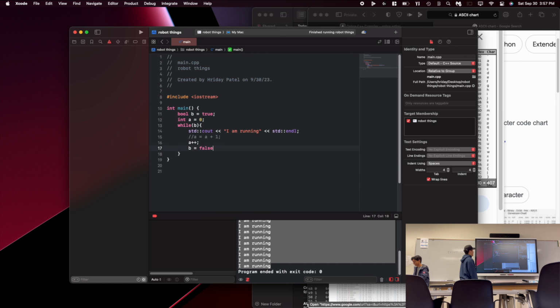Wait, that's not going to run. No, it's only going to run one time. Yeah, it's going to run one time, because this is a boolean value that's true, and then it'll be set to b once it runs in this while loop. Usually you'll have some if statement that once something happens, it'll set whatever is